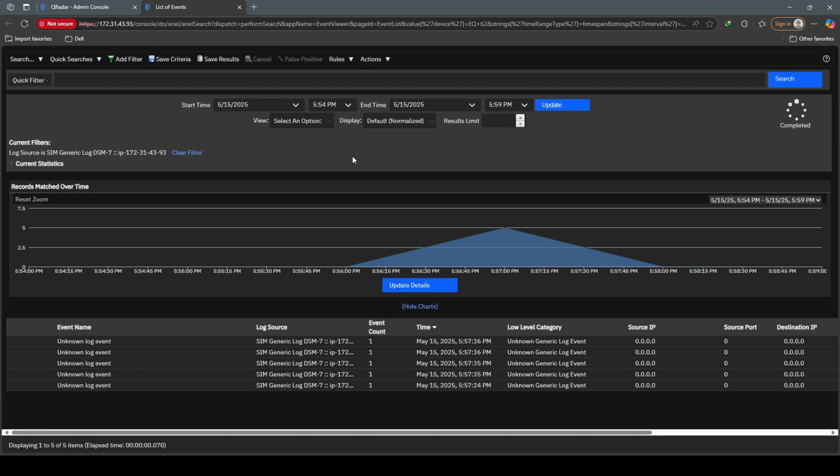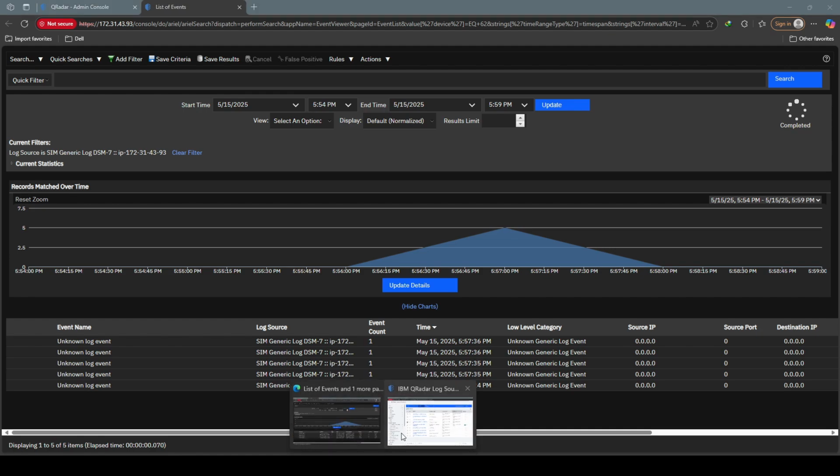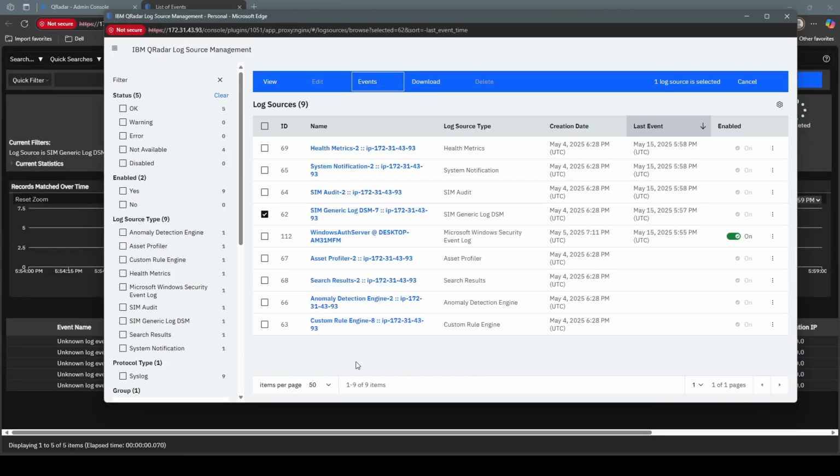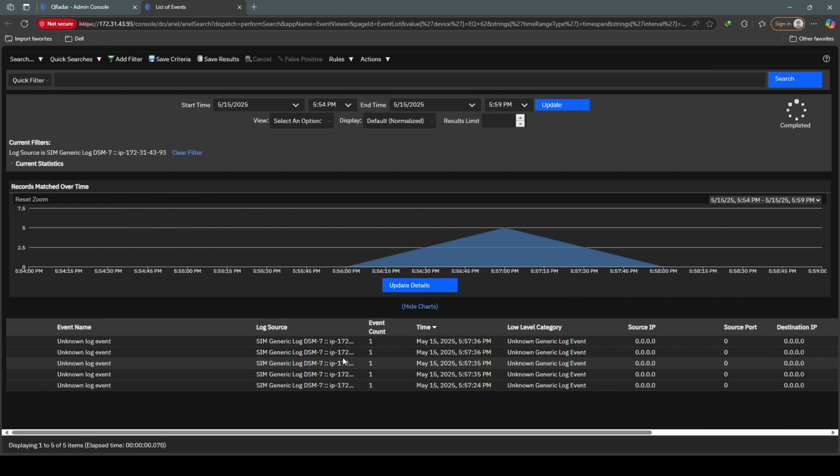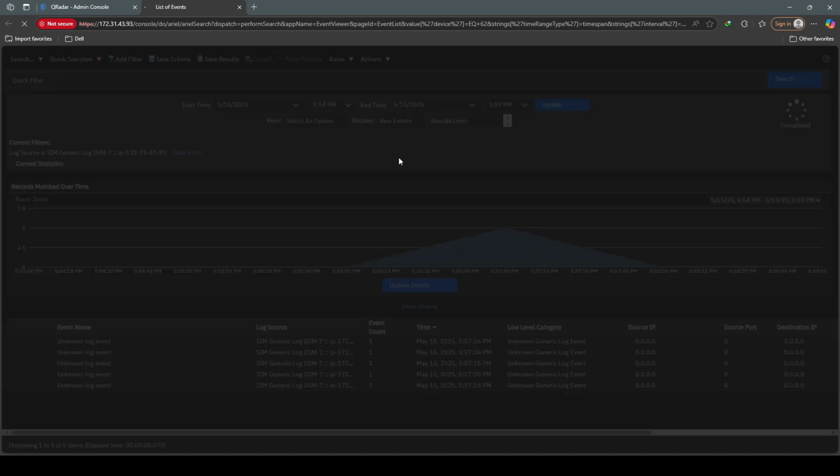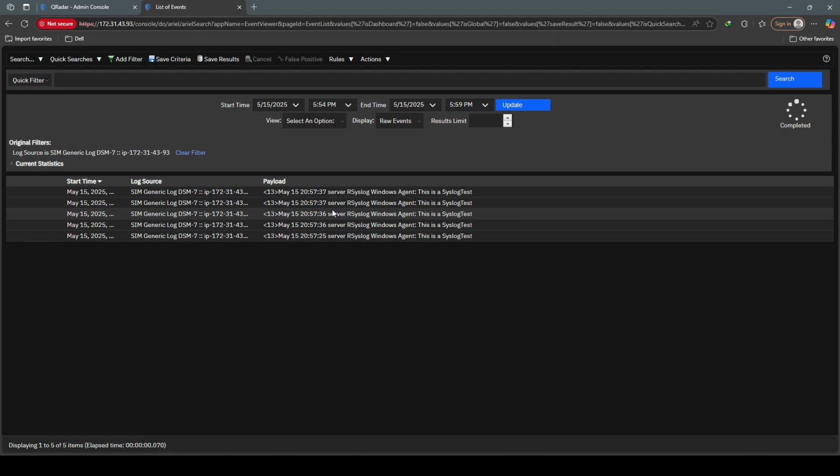So QRadar will just keep them here. And sometimes if you have an auto update, an auto detect configuration, let's say for Linux servers, you might have seen a new log source which is auto detected that would say syslog server at and the IP that you're sending logs from. But anyway, in this case, as you can see, we have some events under the SIEM generic. We can view the raw events, and we can see that these are indeed the syslog messages that we have seen for our case that are sent from the